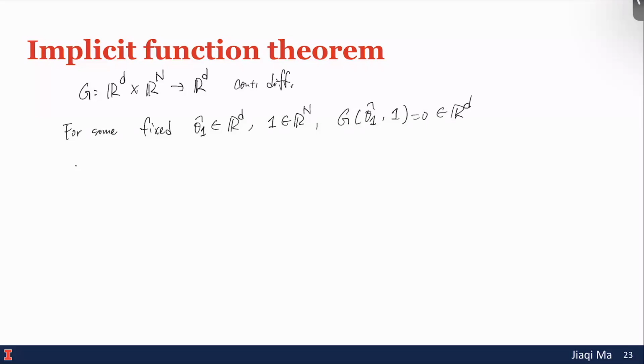Now, if the partial of G with respect to theta, evaluated at theta equals theta 1 hat and W equals 1, is invertible,